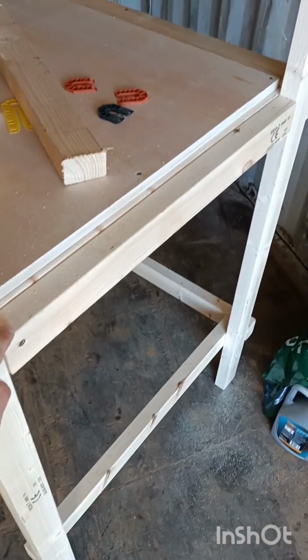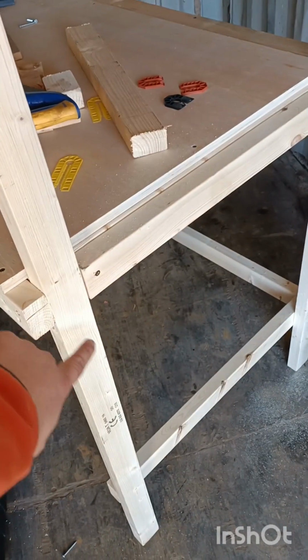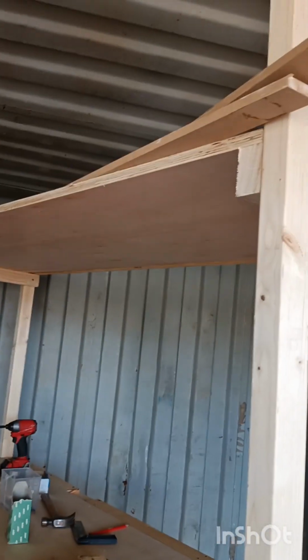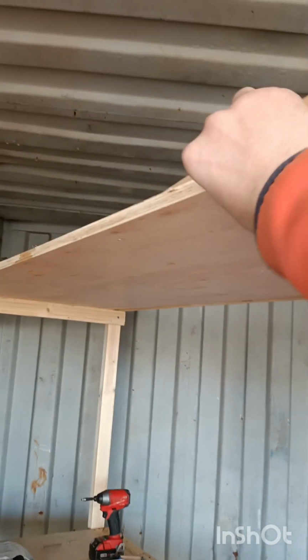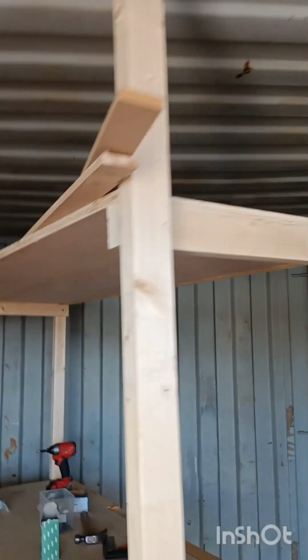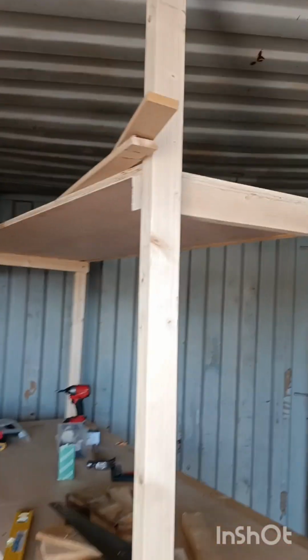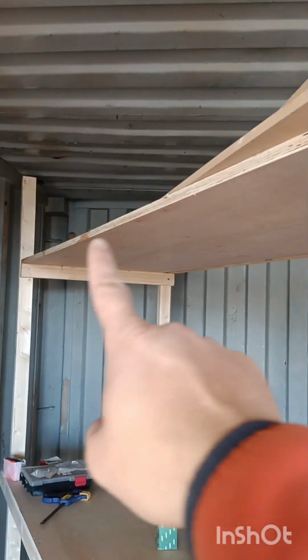I put some supportive beams here in between the main beams, and under there, and probably once I put the wooden board behind, I have to do something about the top shelf, because I will put boxes and some other stuff at the top, and at the moment it's just not sturdy enough. So the plan is I'll probably run another piece of timber behind, another piece of timber in front of the shelf, and probably a few supportive beams across, so it will look more or less like the bottom shelf, the working